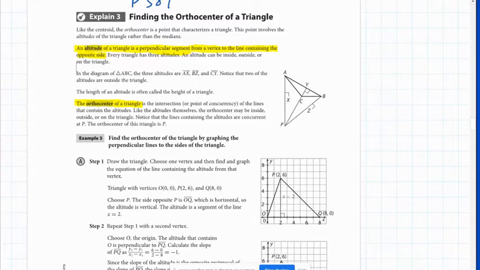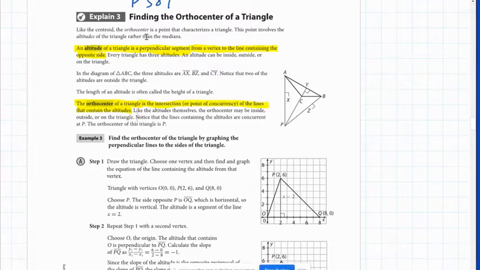Hello, everybody. This is Bert Dixon here presenting on the second half of section 8.3, and that is on the Orthocenter, which is our last center. We have 4 special centers for every triangle, and the Orthocenter is the intersection of the altitudes, and an